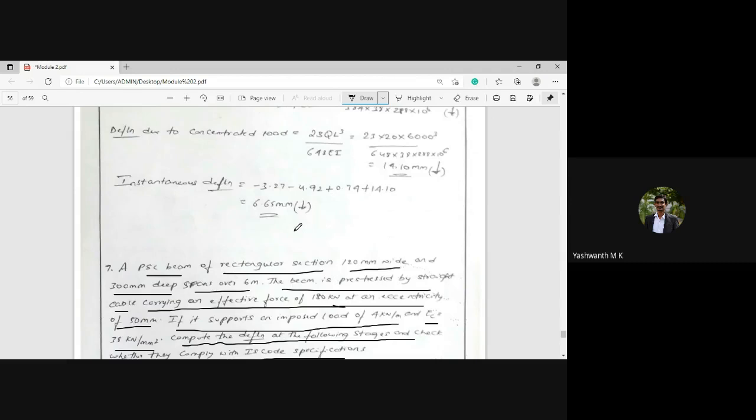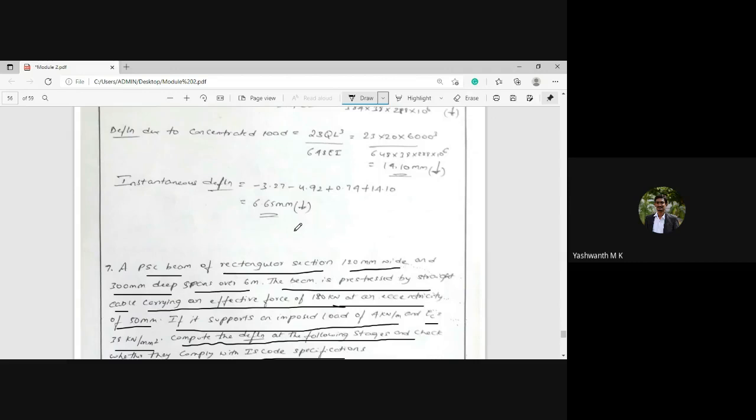When calculating deflection, there are two types: short-term deflection and long-term deflection. Depending upon the situation, you need to calculate accordingly. Short-term deflection comes into the picture only in the transfer stage and working stage, that is pre-stress plus self-weight, and pre-stress plus self-weight plus live load. In the long-term deflection, the shrinkage and creep criteria will come.